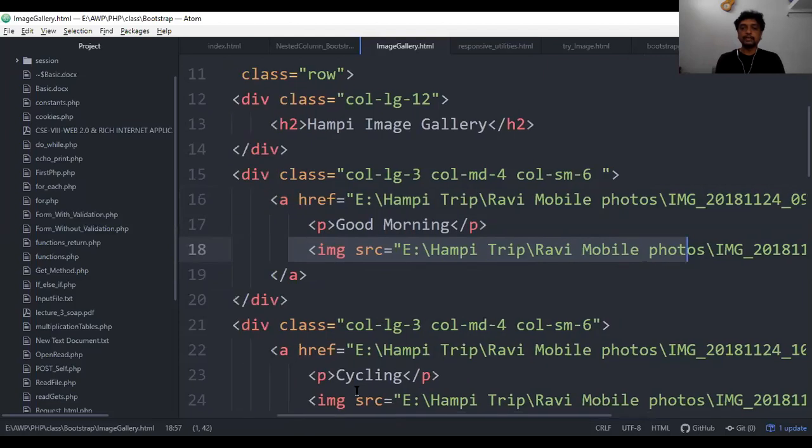Okay, so you might have raised a doubt why these two paths are required, why href is required here and image source here. Anybody got that doubt? Look at here. Inside the anchor tag I use the href, that is the hyperlink, with the image path. Then again image source. Why have I mentioned two paths here?